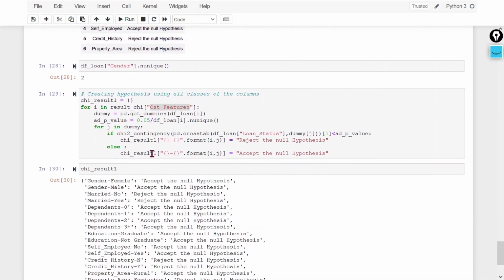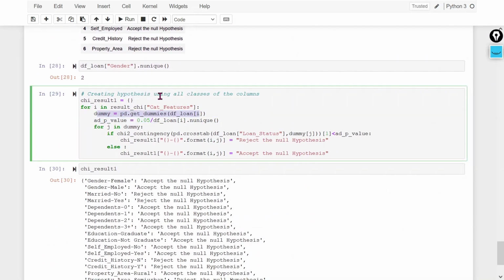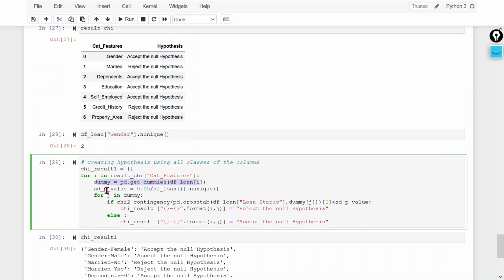In the first for loop I create the dummy variables for the features. Then I will divide the significance level by the number of classes of each feature.